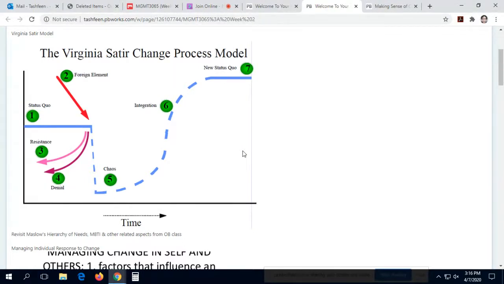Anything can happen, but the idea is that if you go through these processes and steps, as number two is the foreign element, if the foreign element is the right element, and it has somehow motivated or inspired you to change the status quo, and then you are able to deal with the resistance and all the psychological issues which are going on in your headspace and other people's who are involved, and all the chaos, and then if you are able to integrate the things, then theoretically speaking, these things are very easy. On paper they are very easy, but to do them practically, some people do it, yes, and they become great people,